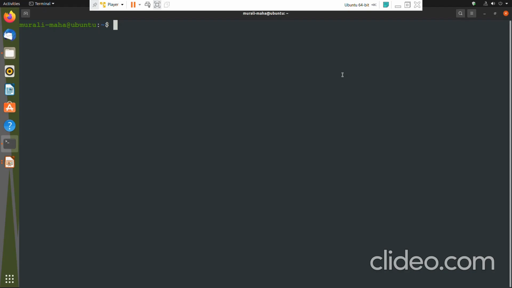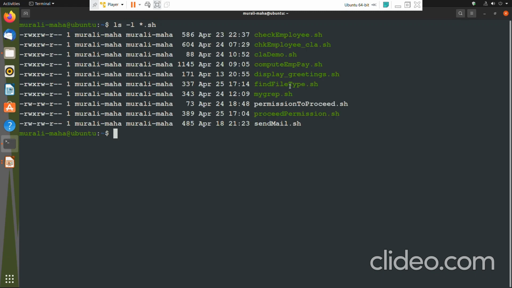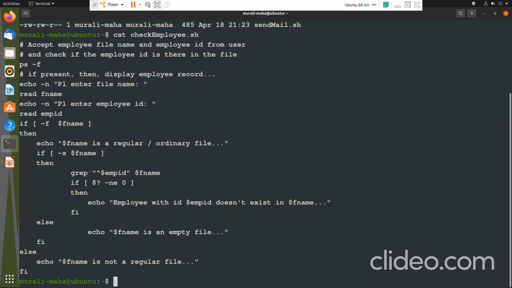Let us now look at the different ways of executing the shell script. ls -l. Let us pick up any shell script, like cat check_employee.sh.